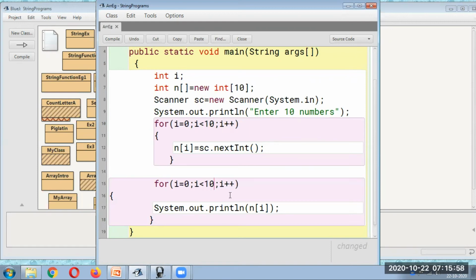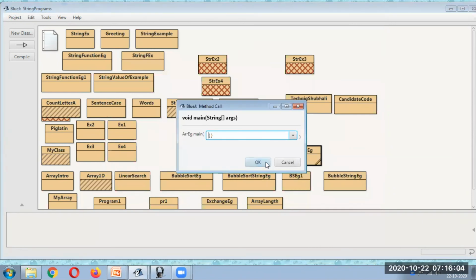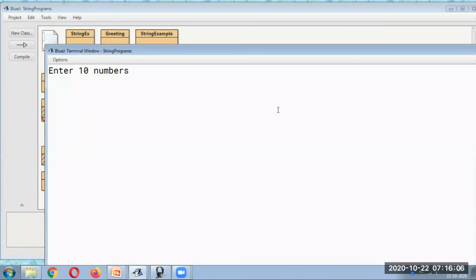That's it. So this becomes very easy for me to manage. This is the use of an array. So now I can enter 10 elements. So these are the 10 elements. I hope it is clear.